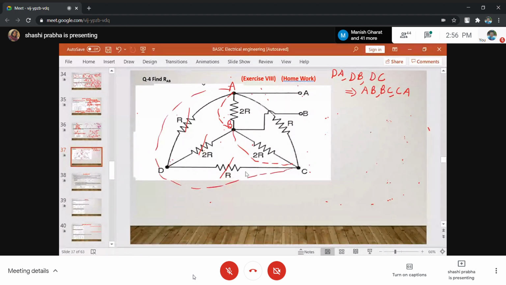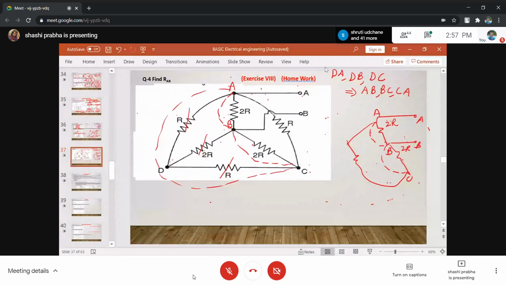So what does the circuit become? This is A and B, which will remain as 2R. And this you get after conversion; we can calculate it. Then B C. This is B C, and one B C you get after conversion. Then this is A B, this is B and this is A. What is left now? This A C, which is dotted after conversion.